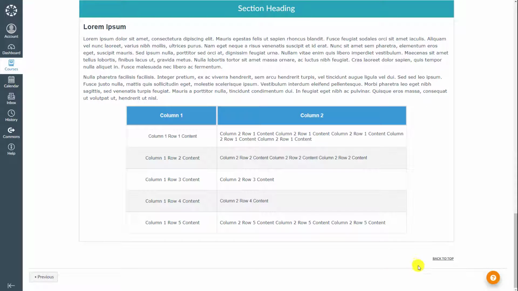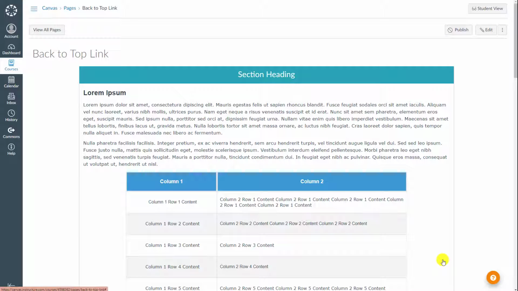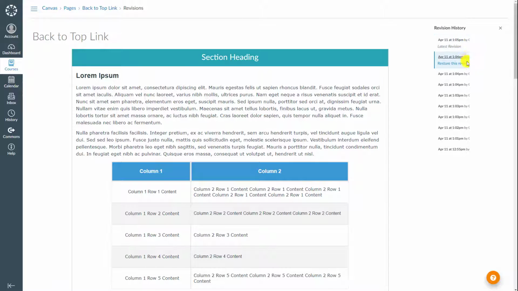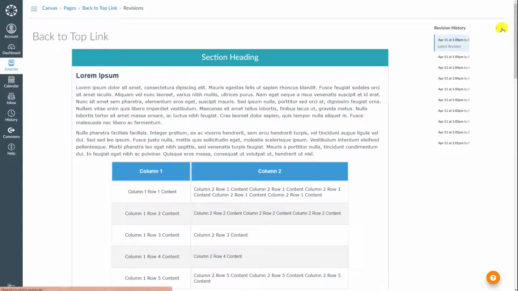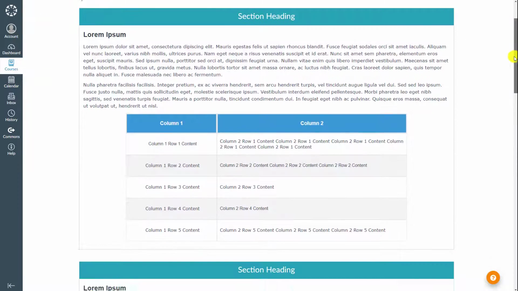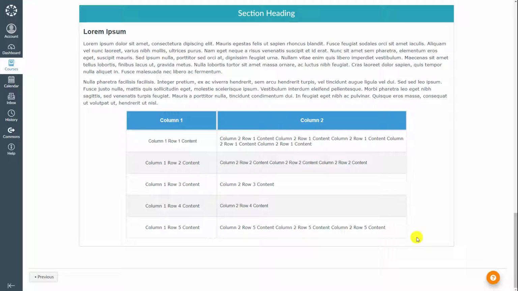And there is this back to top link I created, and I will show you in a moment how to create them as well. Let me click that and see how it works. As you see here, we are at the top of my page. So to be able to show you how to create that one, I need to reload one of my prior versions of the page so that the link disappears first for all of us. And let me see. Yeah, the link is no longer here.